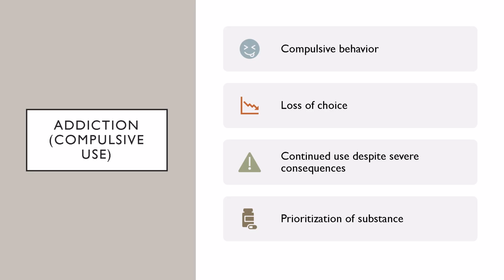The person may be fully aware of the consequences of their behavior, but they feel unable to stop. And those consequences can be really severe, including the loss of relationships and employment and health or their legal standing. The list can go on and on. And despite that, the substance still remains the priority. It takes precedence over the responsibilities and the relationships and even their basic needs. And that's not just because the person doesn't care, it's because their brain has been altered in a way that